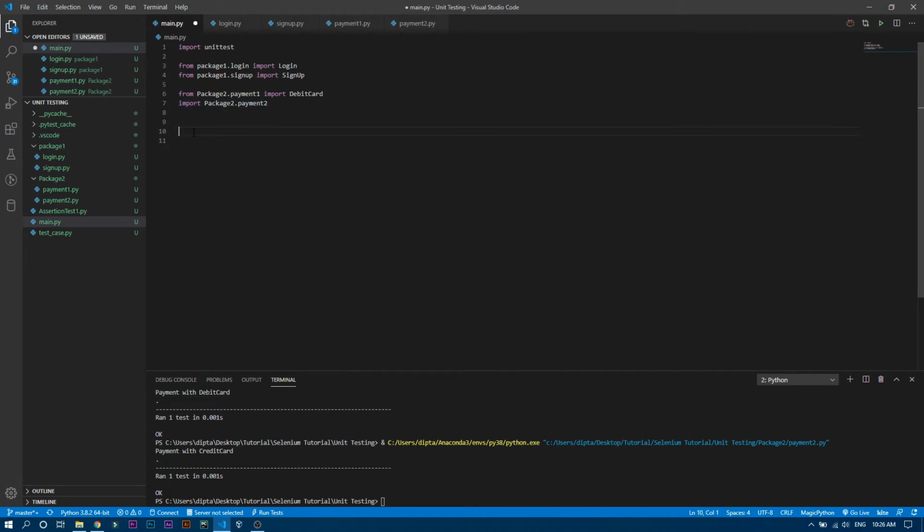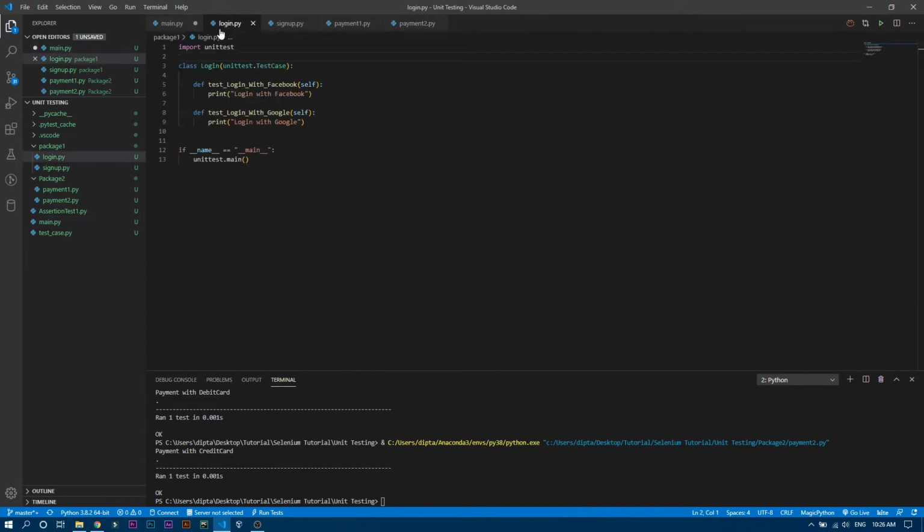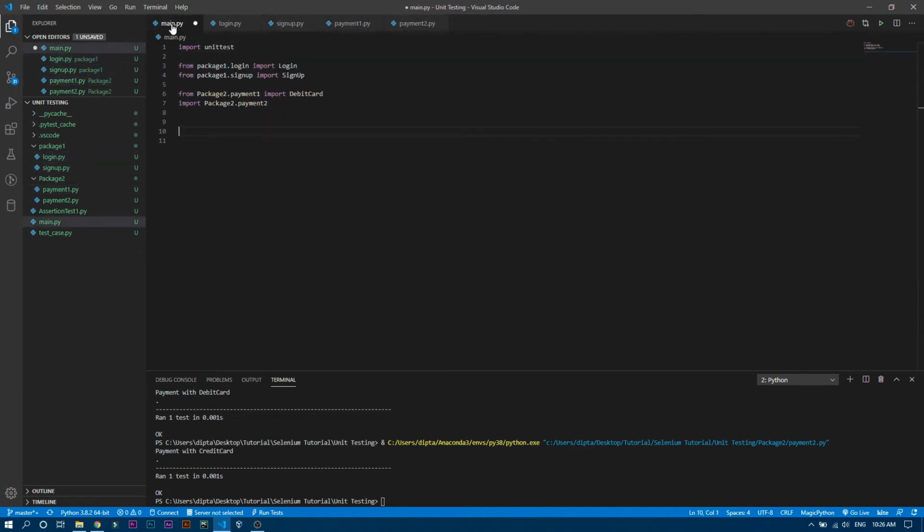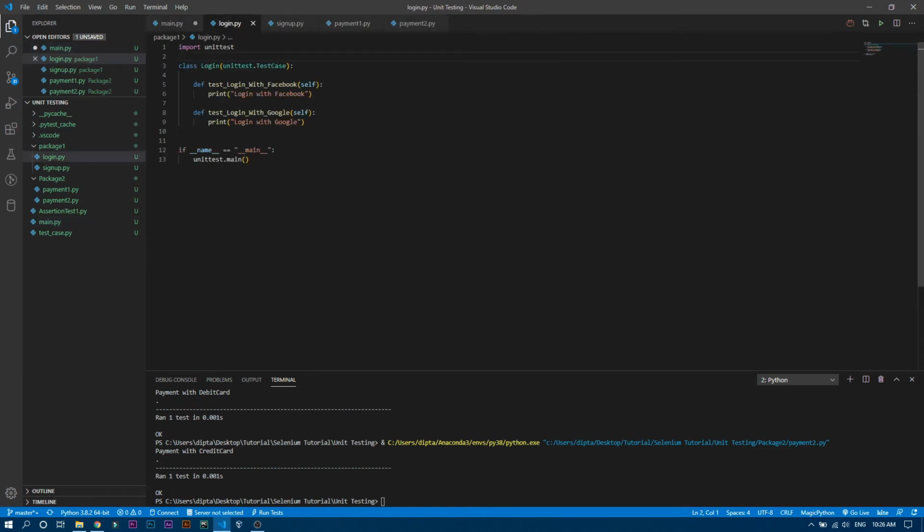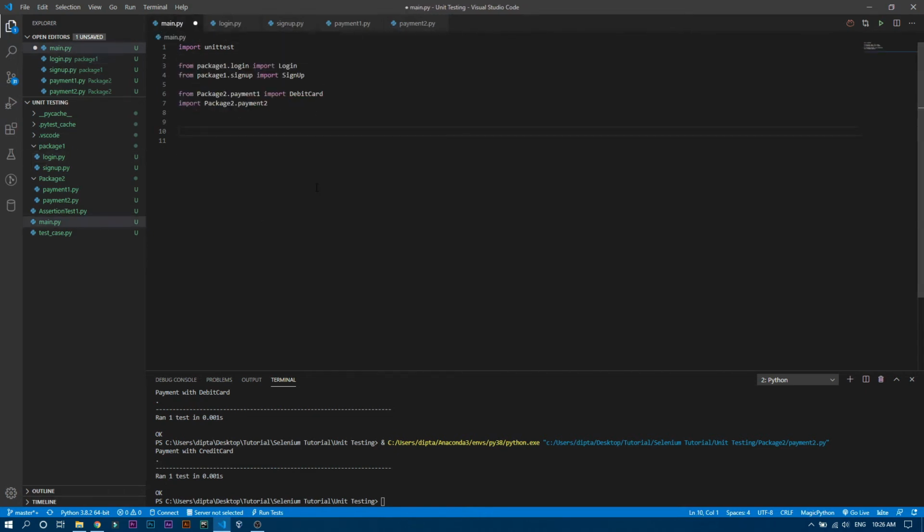So now we are going to initialize some variables so that it can load the test cases from these particular Python files. Okay, so for initializing the test case we have a method in unittest, that is TestLoader. Okay, so for example we want to run all the test cases from this login class. So I'll just write over here test one, and this is the variable name, and now we are going to write unittest dot TestLoader.